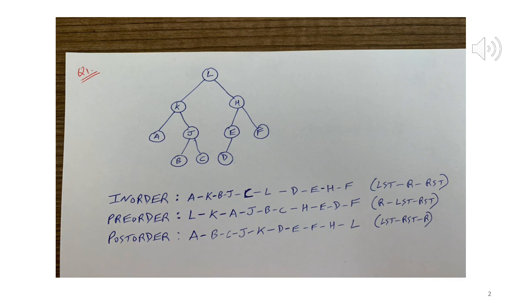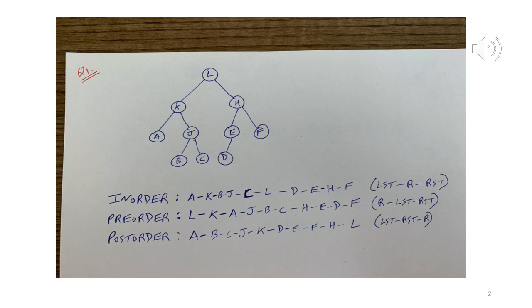Now for the tree rooted at H, so again root H followed by left subtree, which is E and D in some sequence, followed by F. So for E and D, or for the tree with E as the root, left right, so means ED, and right is null, EDF.